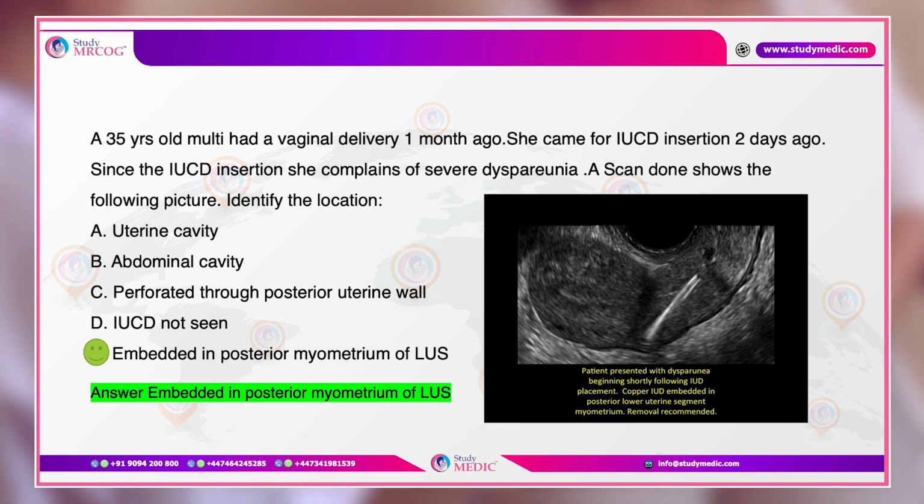So a 3D imaging in the coronal plane has actually improved the sonographic details of the intrauterine devices by enhancing visualization of the shape and location of the device within the endometrial cavity. So they can give you various images